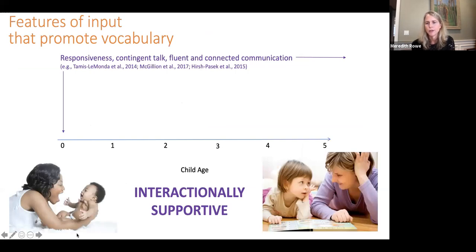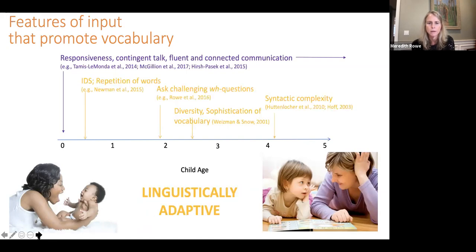Okay, so that's just some examples of the interactionally supportive dimension across development. And I will go on to the next dimension. So here we're looking at linguistically adaptive. So this is the form of the language that's being spoken. What are the children hearing in terms of how diverse is the vocabulary, how complex is the syntax, these types of things. And what we know here is that